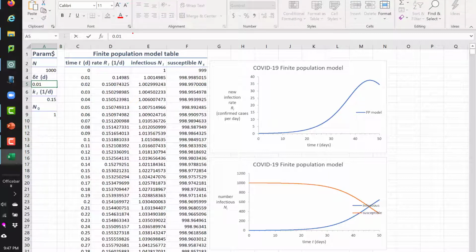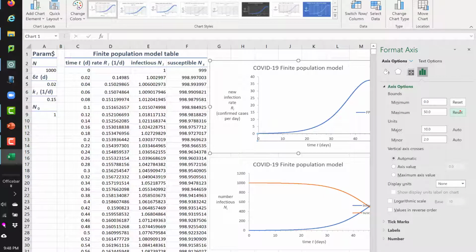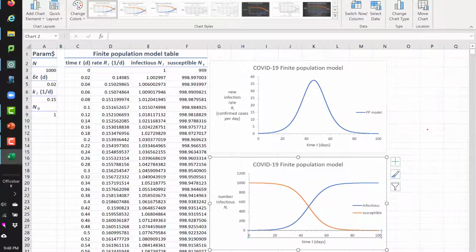If I do backspace and go 2, double it, nothing happened. Why not? I forgot. I had maximized this and made it have a maximum of 50, so I need to change that. I'm going to change it to double the amount of time, and do the same thing down here, make that 100 as well. Alright, hit enter. And now if I get rid of the format axis window,